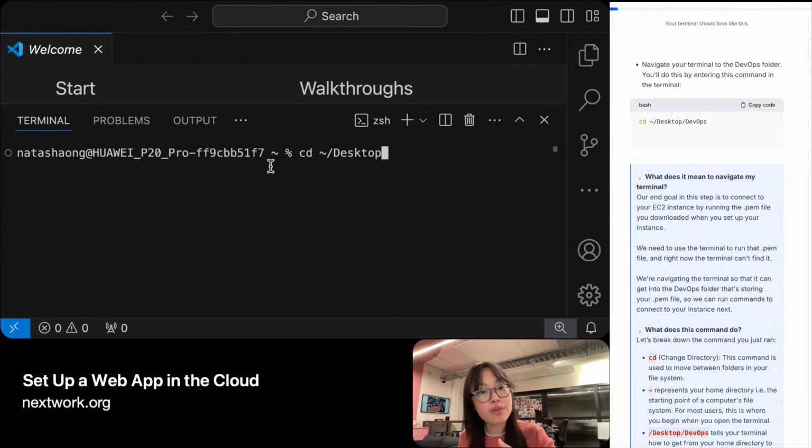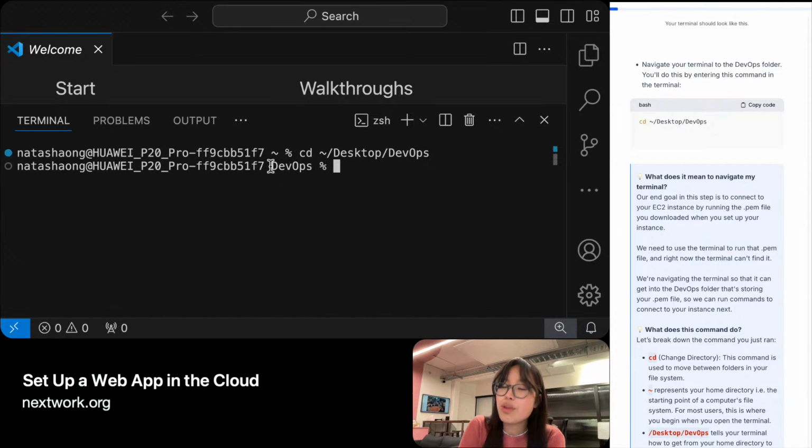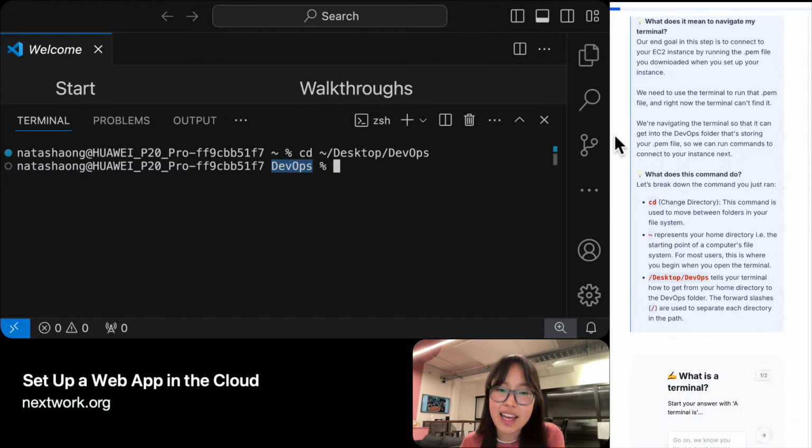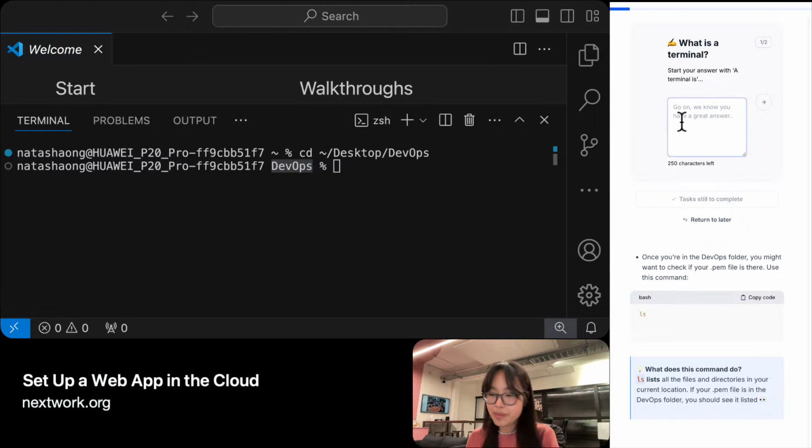And then from there, from the desktop folder, we want to go into that subfolder called DevOps. Okay? So with that command, I just pressed enter after that, and you can see that I've entered into the folder called DevOps. You can tell, because now my new command line mentions DevOps, and it tells me that my current location is DevOps. Okay, so let us quickly summarize that by mentioning